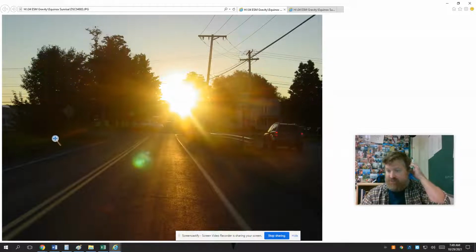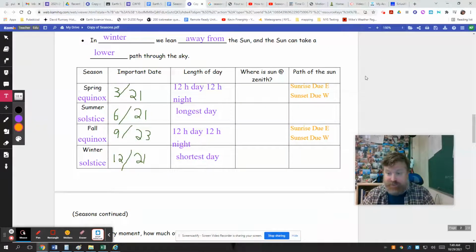If you watch a lot of sunsets, like maybe up by Sandy Pond or Selkirk, you'll see that. So at the beginning of summer, the sunset is north of west. It's way off to your right as you watch it. And then through the rest of the summer into fall, it's exactly west, and continuing closer and closer to the winter solstice, it's going to be heading to your left, which is the south end of west. Tough stuff to picture. It's why we got to deal with those celestial spheres. Not easy, not easy, not easy.